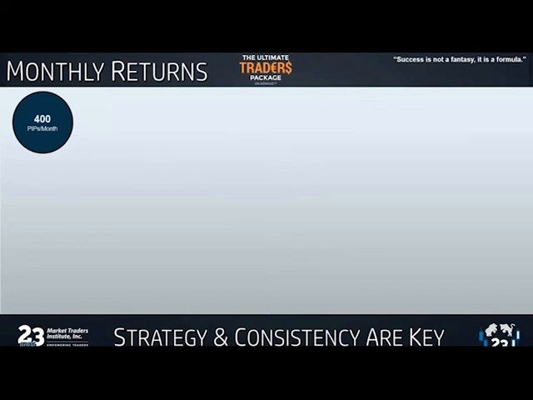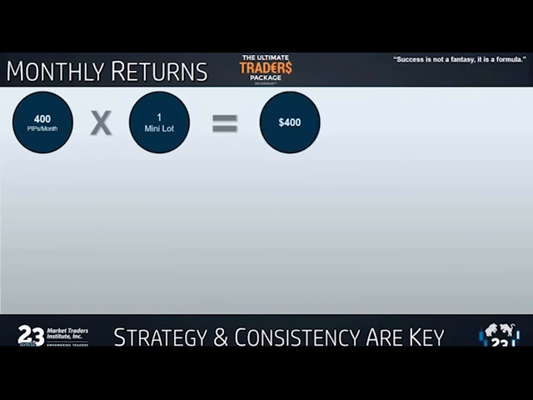So let's just say, though, all you do is 20 pips a day. You're trading a mini lot where you make $1 a pip. That's $400 a month, okay, of extra income. Now, is that a life changer? You know, probably not, but it could be that nicer car. It could be paying down some bills, paying down some debts.